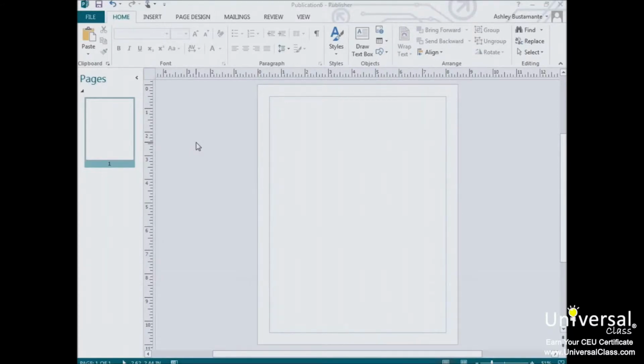First, we'll talk about creating and using headers and footers. If you've used the header and footer feature in Microsoft Word, this process should be familiar to you. The process is pretty much the same in Publisher. The difference is that in Publisher, you can only add headers and footers to a master page. If you think about it, though, that makes a lot of sense, since headers and footers typically appear throughout a